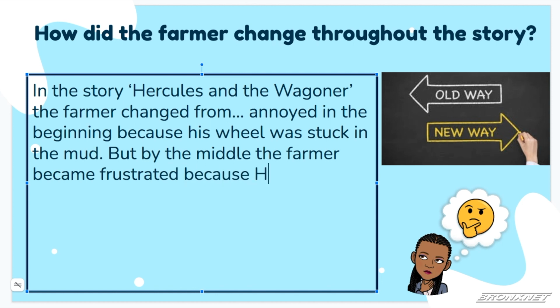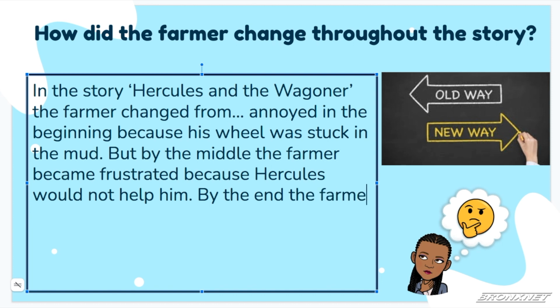because Hercules would not help him. Could you believe a very powerful god called Hercules and Hercules is not helping him? So then, of course, he was frustrated. He wants his wheel moved. But, so let's say by the end,